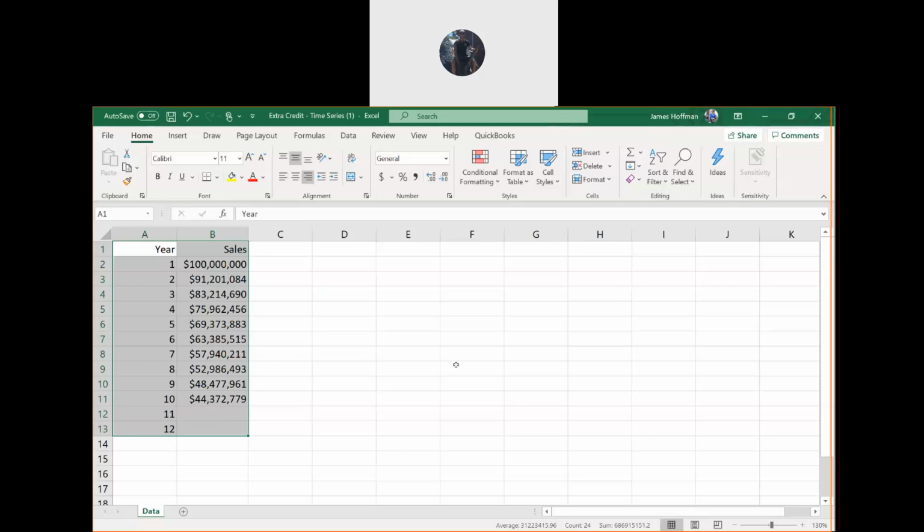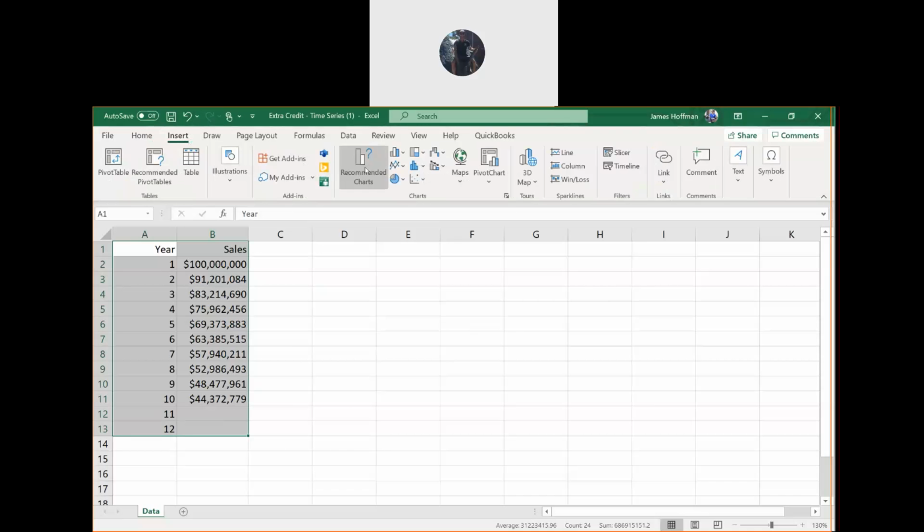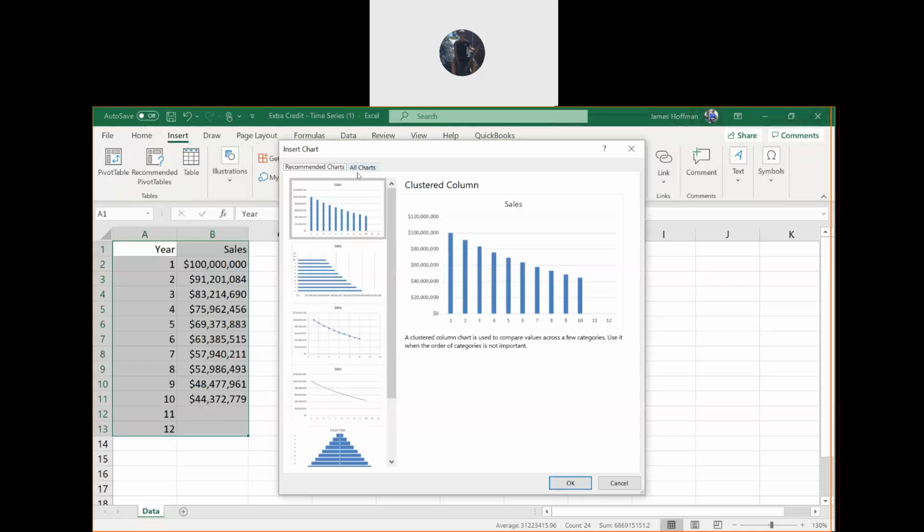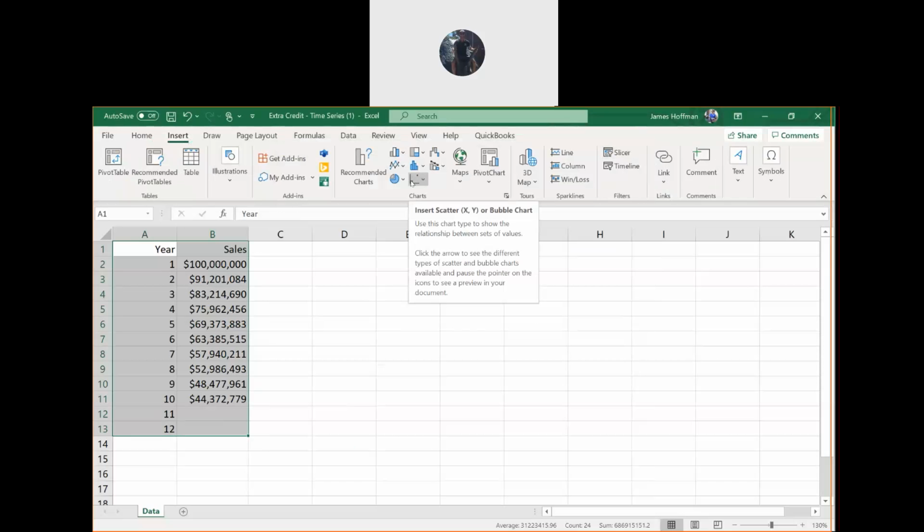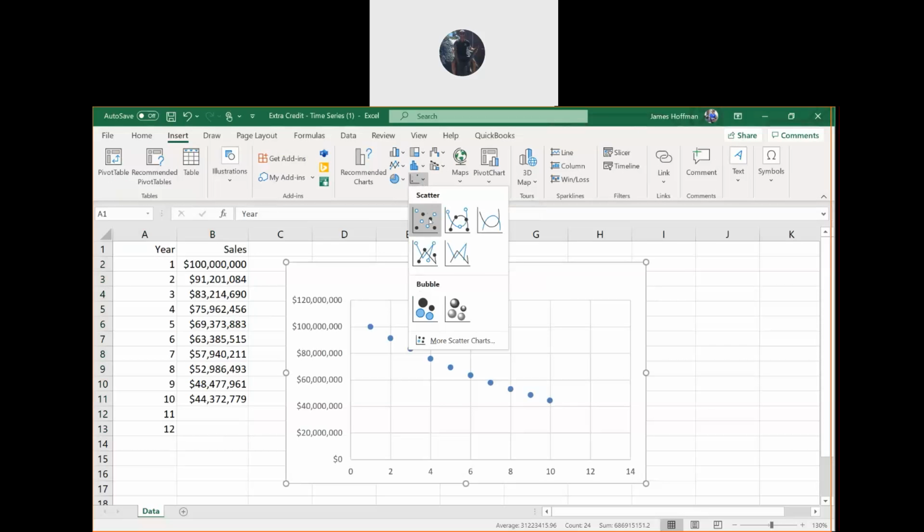And all right, A1 to B13, and then insert. And you want the scatter plot, which is this one. So scatter, and then just the regular scatter plot. That's the one you want, scatter plot.